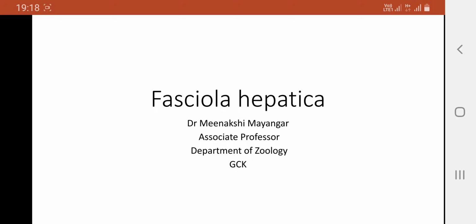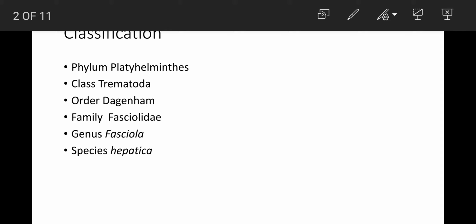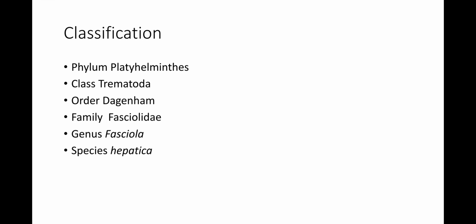The topic that we will discuss today is Fasciola hepatica, commonly known as the sheep liver fluke. The trematodes belonging to the class Trematoda are all parasitic. They are commonly called flatworms or flukes on account of their flat leaf-like form. Flukes inhabit liver and bile ducts of vertebrates like cattle, sheep, goat, rabbit, pig, dog, and man. Fasciola hepatica is the common liver fluke of sheep.